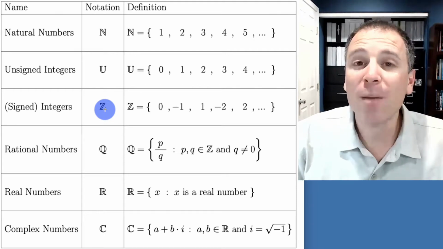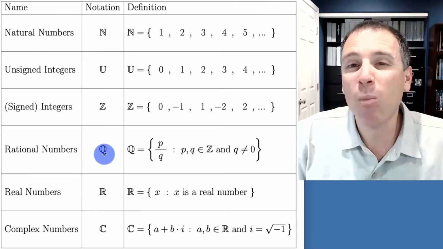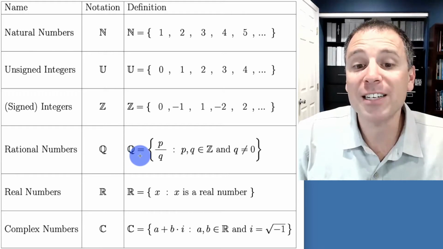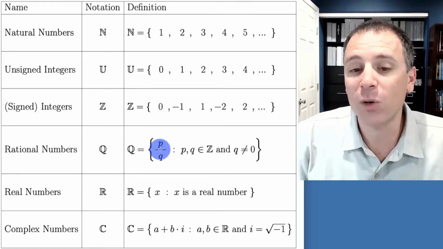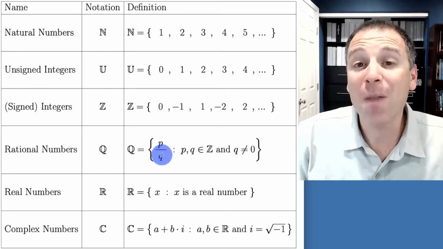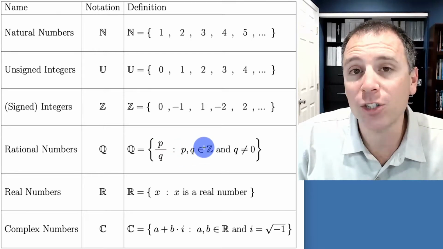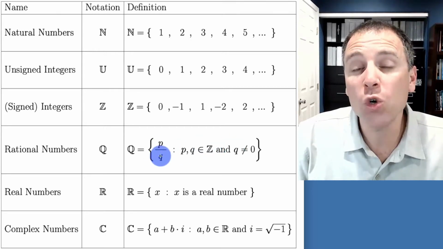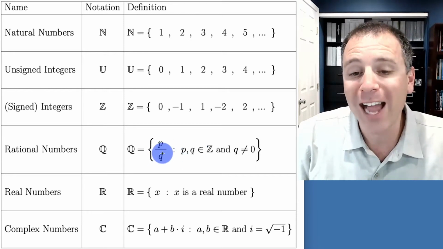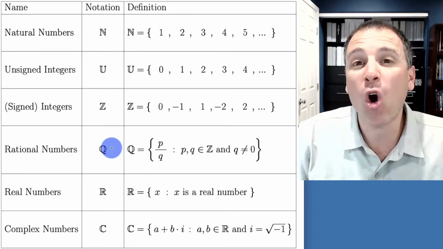We are also going to talk about what we know as rational numbers. Those are denoted using blackboard Q notation. That's what we see right here on screen. The set of rational numbers is the set of ratios between integers. So it's the set of all P divided by Q with two conditions on those two numbers P and Q. Specifically, P and Q in this formulation are integers, and the denominator Q can never equal 0. So we're going to run through all possible integer fractions where the denominator is non-zero. That's the set of what we call rational numbers.